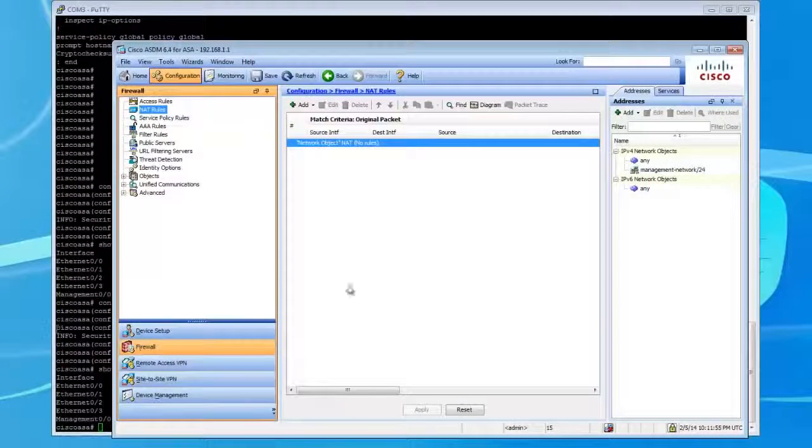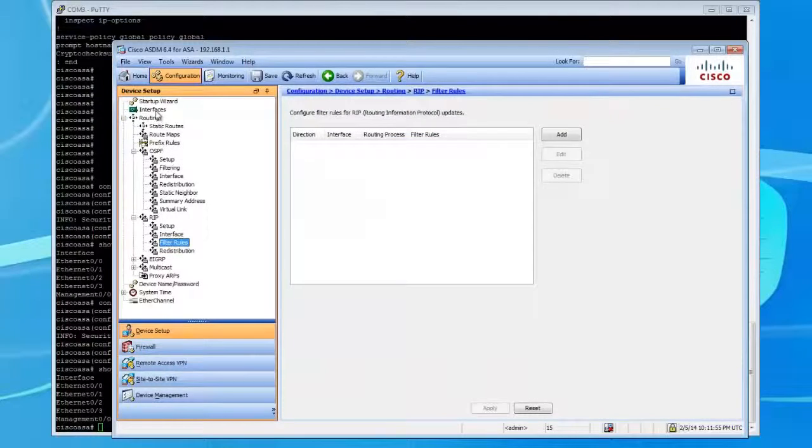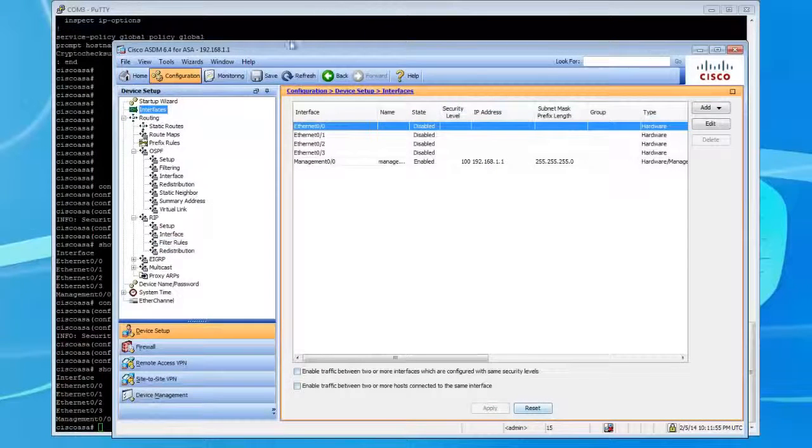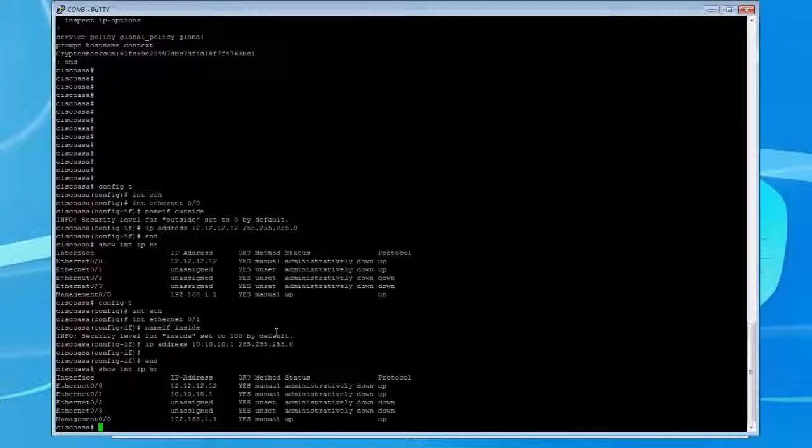So if we jump over to our ASDM and I go into configuration, device setup, interface, and if I refresh this, you'll see name for the interface, security level, and the IP address should populate. There we go. Okay, if you notice the state is set to disable, well, I forgot to enable that. So we'll come back here,